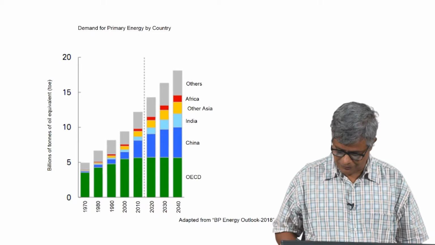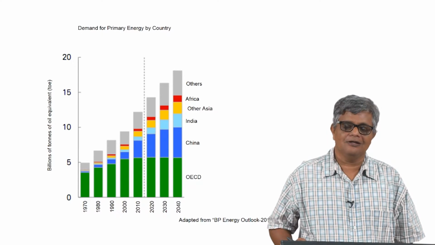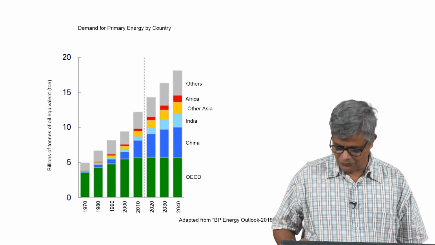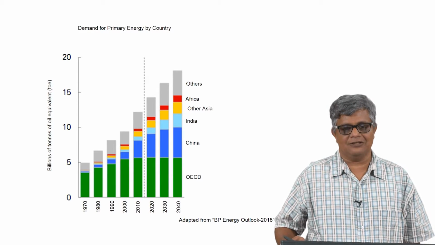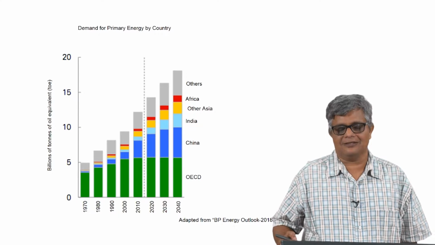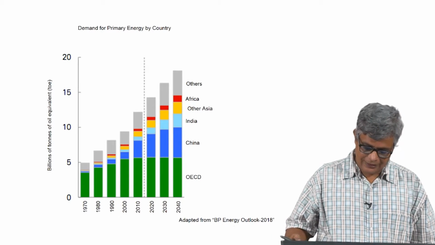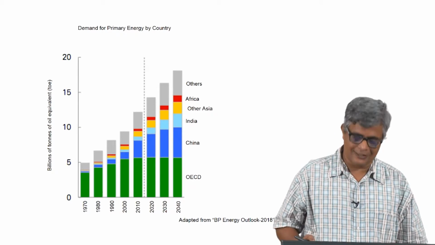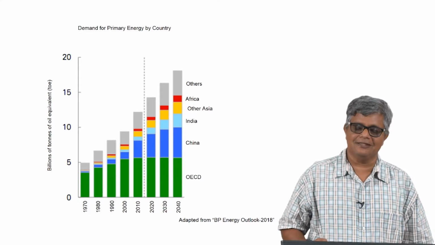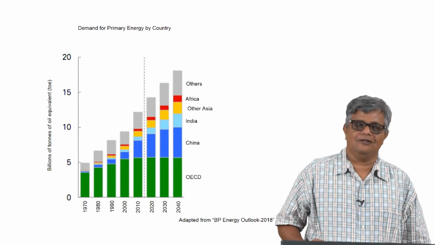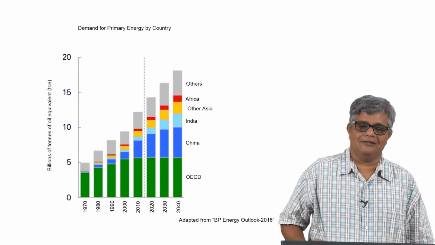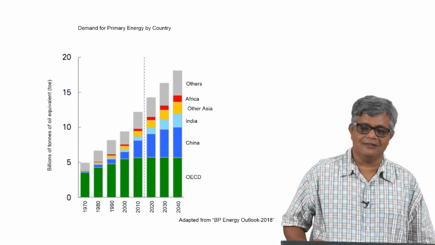So, this is taken from Energy Outlook by British Petroleum, which produces an annual report which gives the energy outlook stretching for the next 20 years or so. And so, this has been a continuing exercise, and we can see certain trends here, and these are important for us in terms of what we need in future and how we are going to get that thing and why we also need.